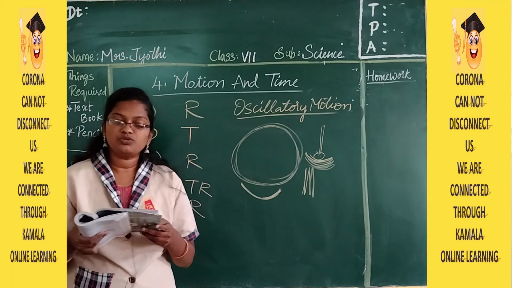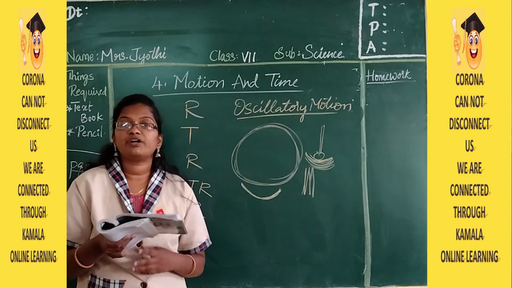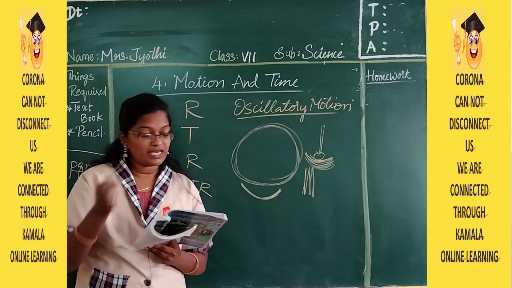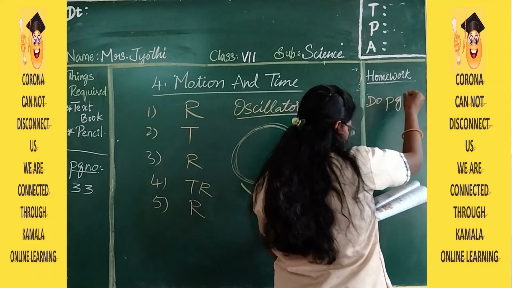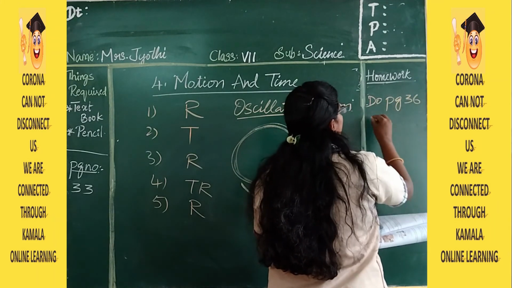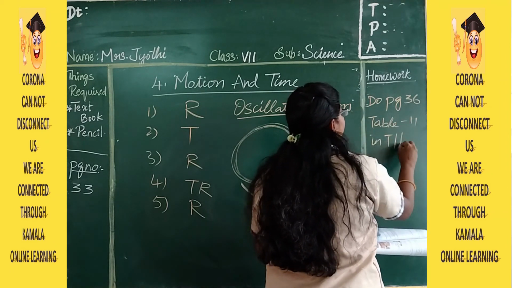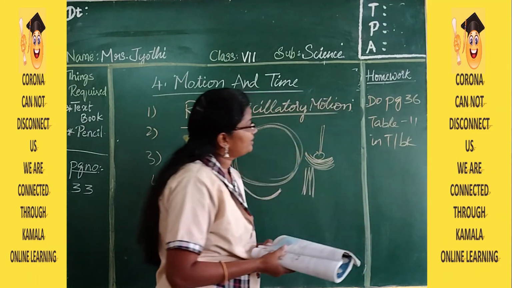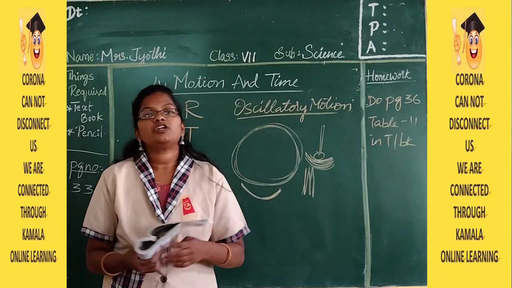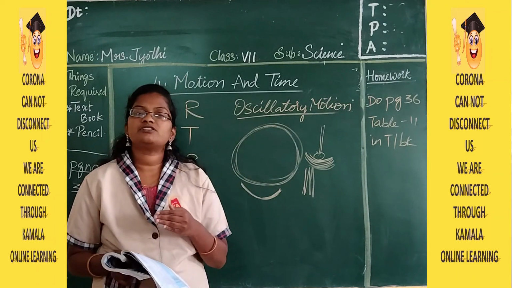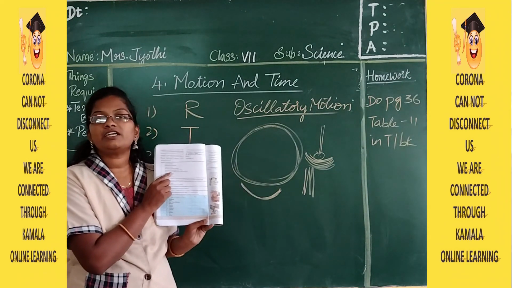Then here let us do number 11. Identify oscillatory motion among the following and put a tick mark in the bracket. This will be your homework. Do page number 36, table 11 in the textbook, through 11. So this we are going to do. So what is oscillatory? If they are going to move in a fixed place again and again, then it is called oscillatory. So whichever are moving in that direction, you can